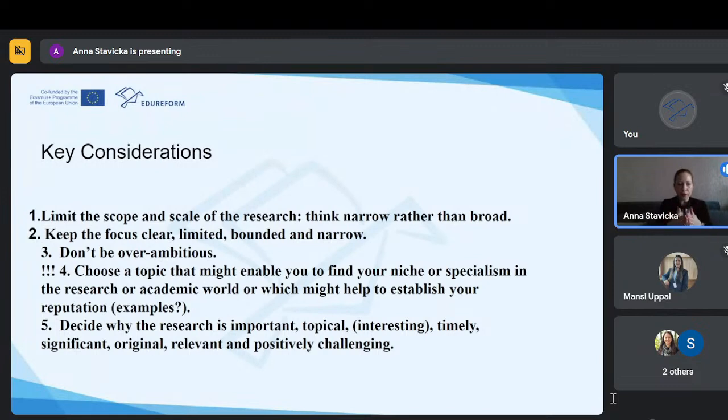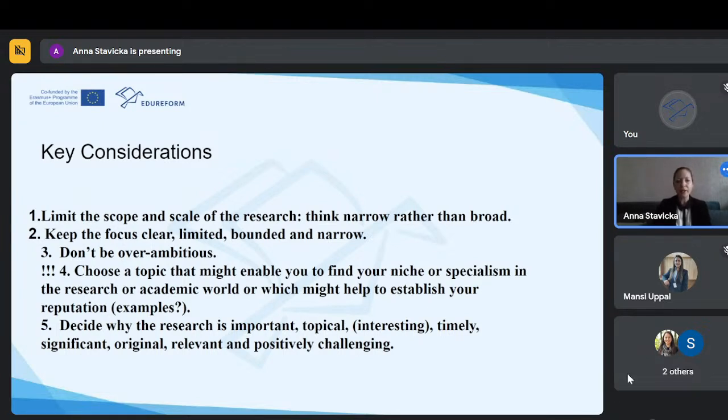So this focus should be narrow. And the third point goes hand in hand. Don't be overambitious. So in writing an article or when conducting research, most probably we shouldn't go that global. We can start with the local context and then further on